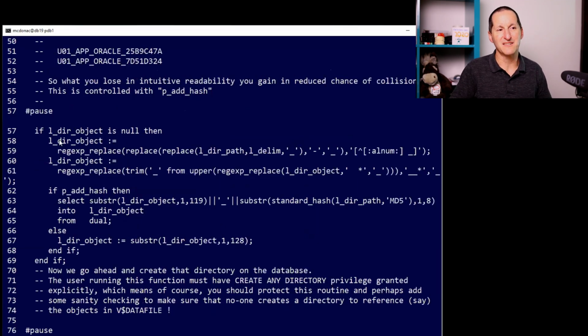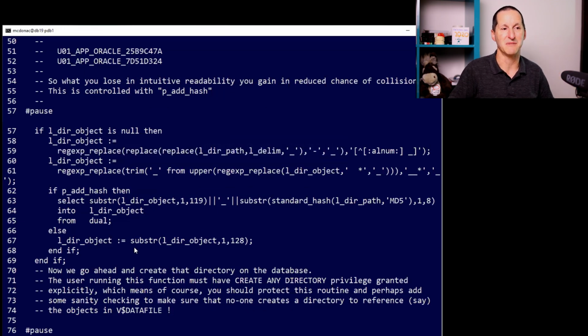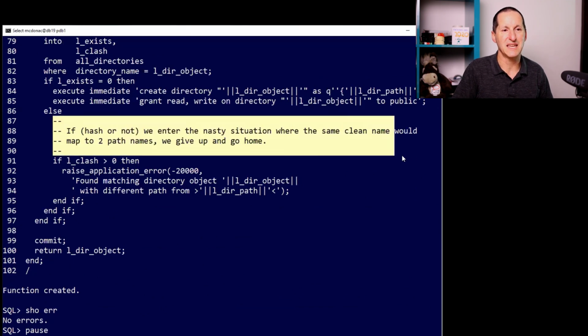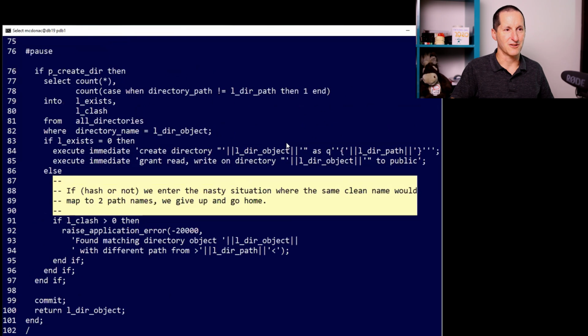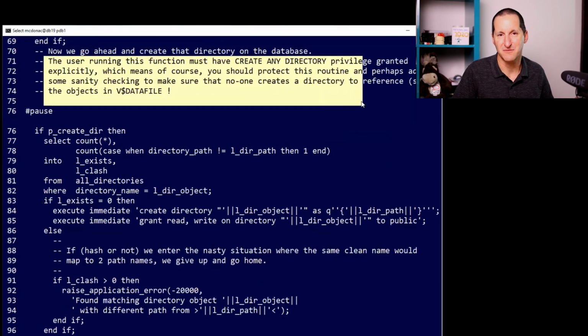So here's the little bit of regular expression to try turn an operating system path into a directory object name, add a little bit of hash function as well to see how we go, and then it pops out. Somewhere in here, you could actually add some sanity checks. So in the same way that we don't want anyone with util file dir equals asterisk actually passing in data file names, etc., because we're adding an interception layer here